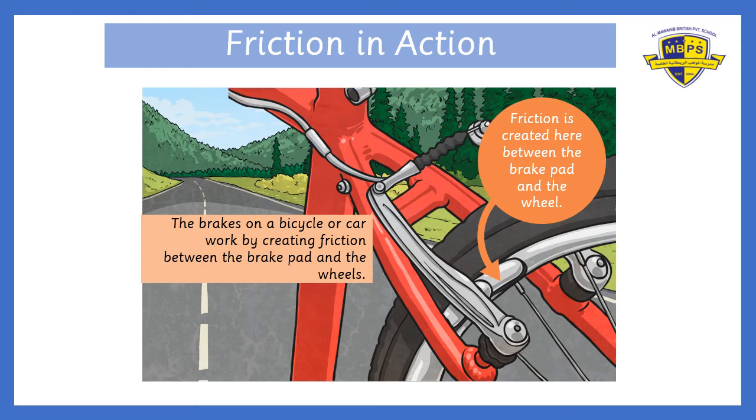When the brake pads touch the wheel, they cause the friction and they stop the wheel when you apply pressure on the brake handle. This is how friction happens and it causes the bike to stop. The bike also stops because of the friction between the wheels and the road and the friction between the brake pads and the wheel. So many forces are acting together. So friction is very useful.